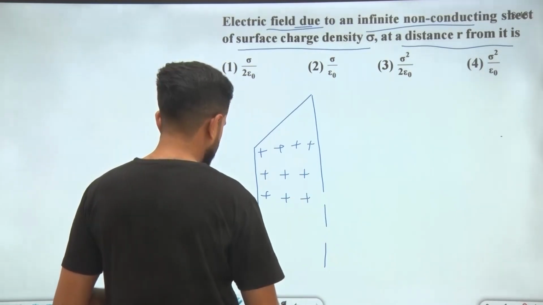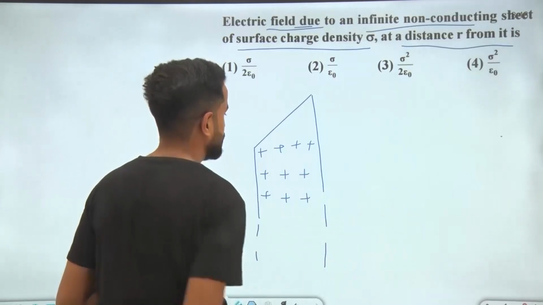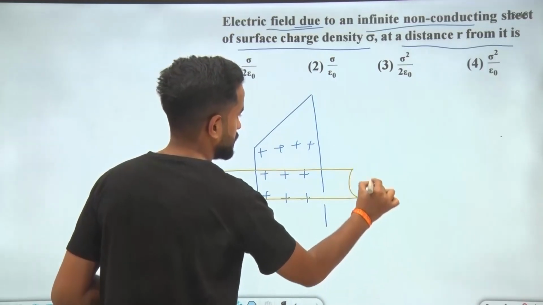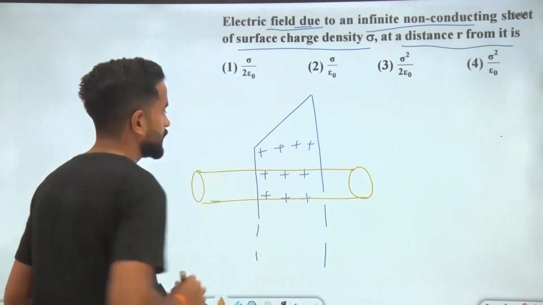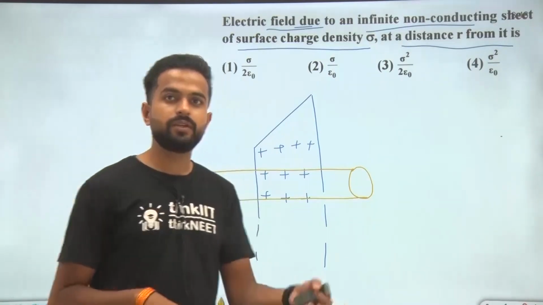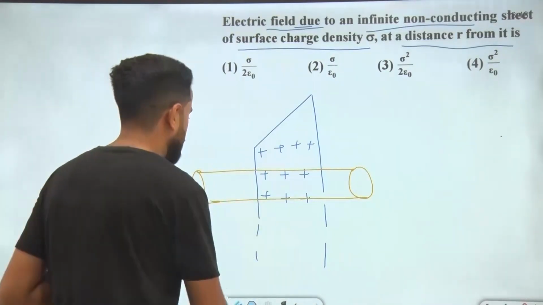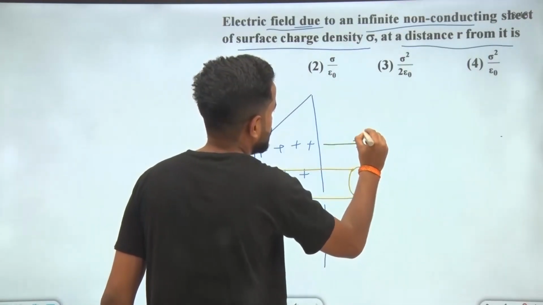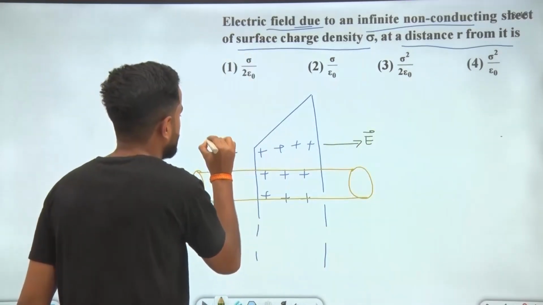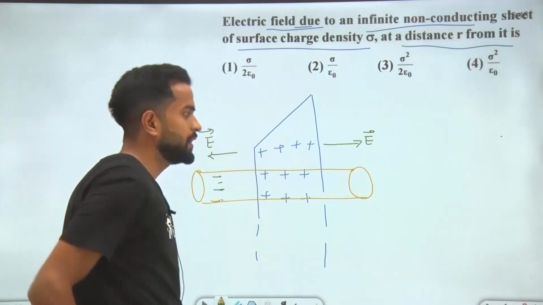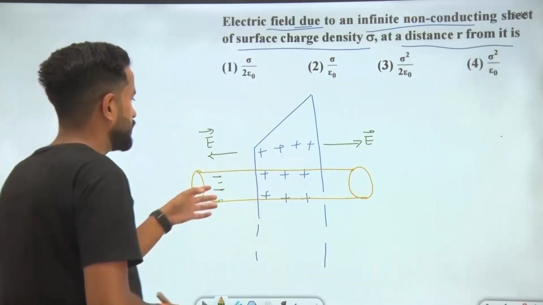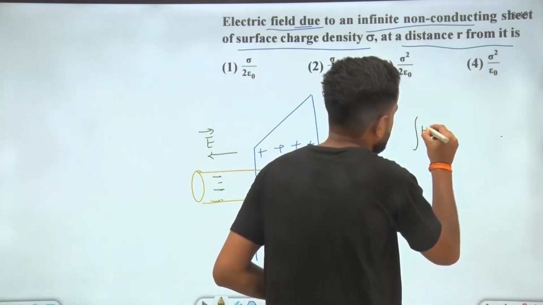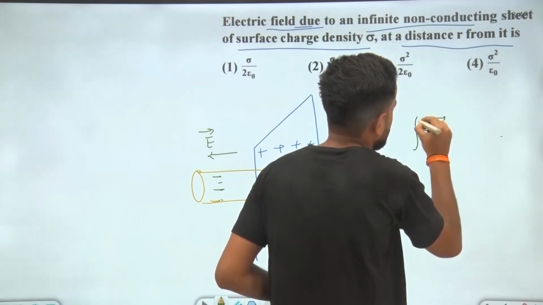Now suppose a Gaussian surface on this sheet. Let us say this is a Gaussian surface, a cylindrical surface, like this. If it is a thin non-conducting sheet, the direction of electric field will be like this. At this point the electric field will be like this, and here also the electric field will be like this. We know that the integral of E dot dS